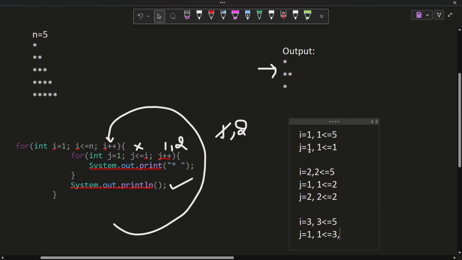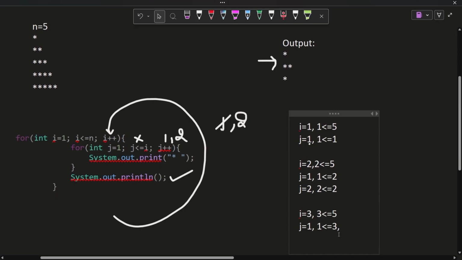Now the same happens next. j equal to 2, where 2 less than or equal to 3. The condition is true and it will print a star. Now when j is 3, we check the condition again, j less than or equal to i. What is the value of i? 3. The condition is true and again a star gets printed, right?